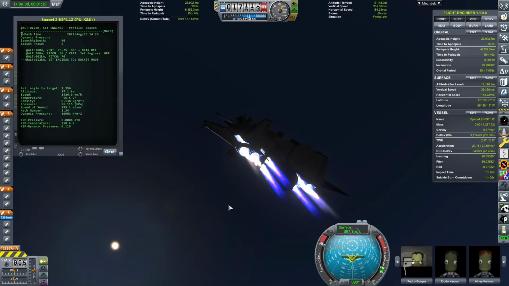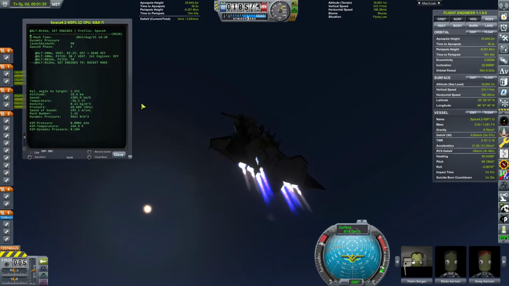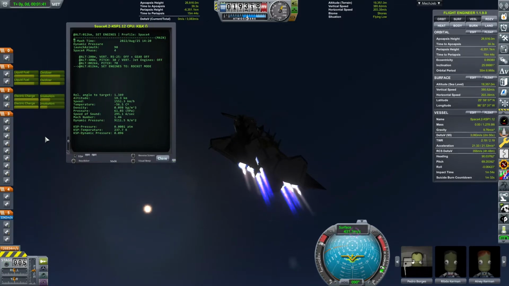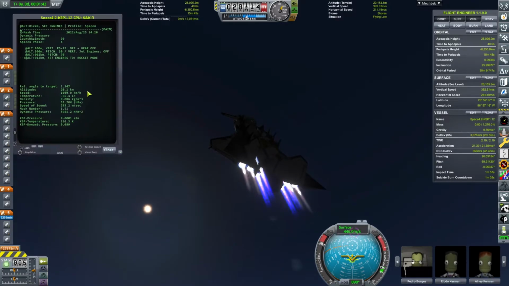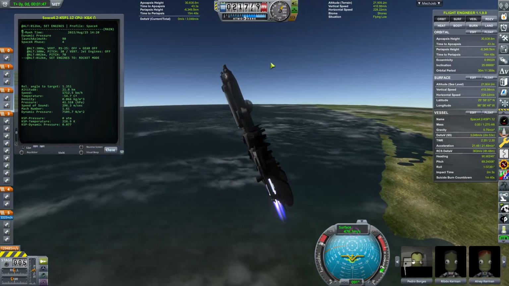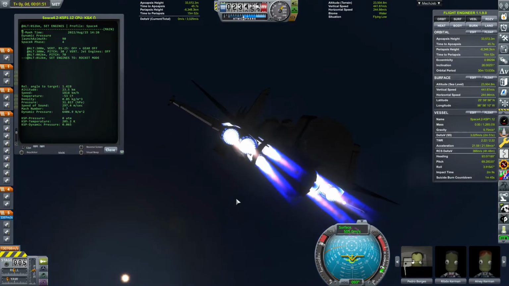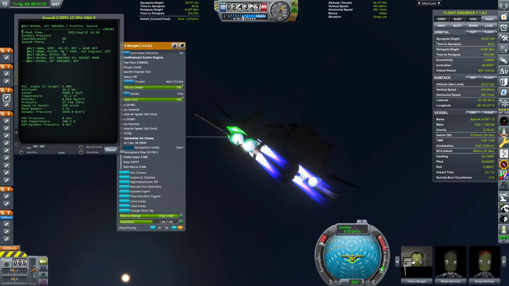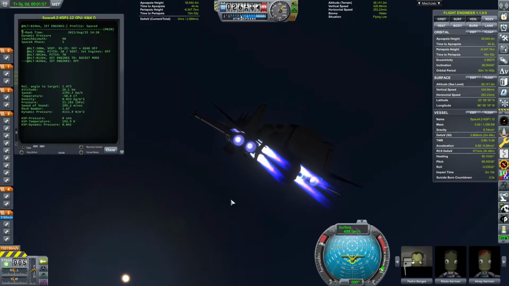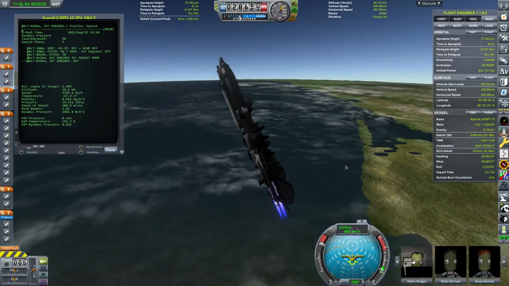So now the SB engines are in rocket mode, so they are just consuming liquid fuel and oxidizer. And soon our main jet engines will not have enough atmosphere to burn, and they are disconnected. So now the jet engines are completely off, and we are in a transition phase,